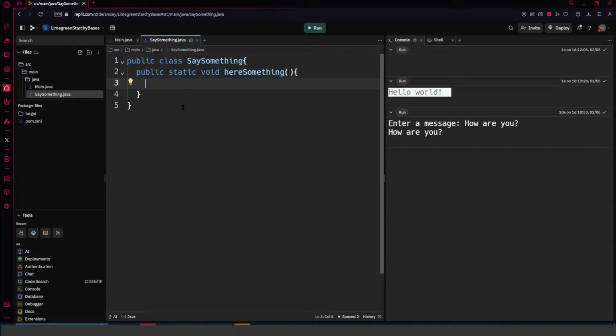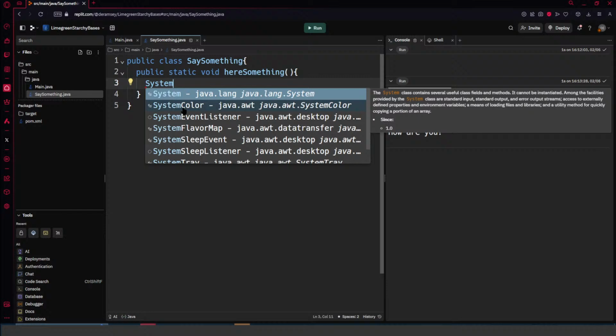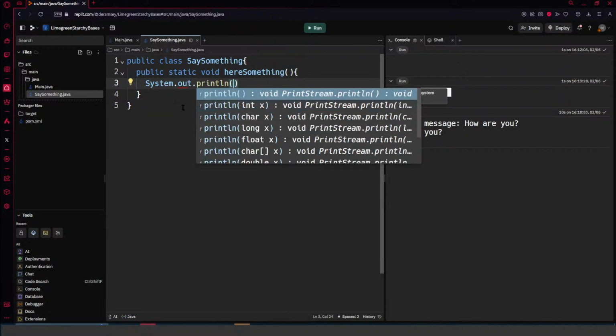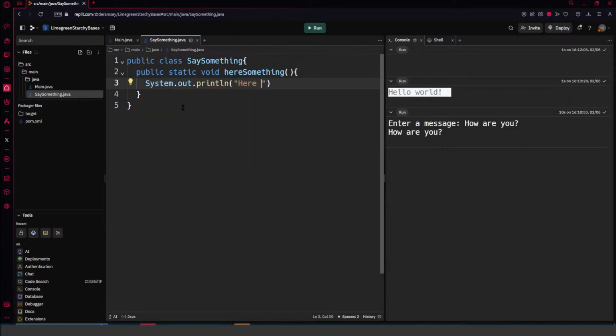And I can just type in what I want to say here. Right, so I can say something like system.out.println here is something. So now I'm able to use this function that's in another file in main.java here,